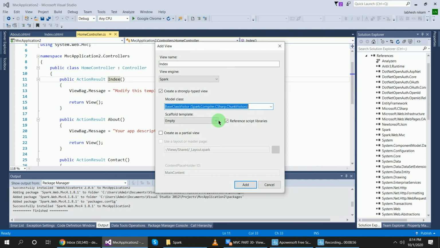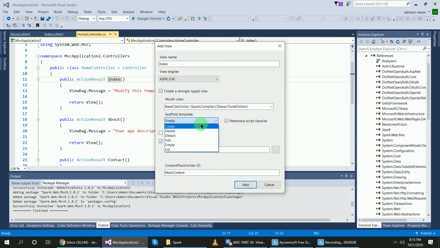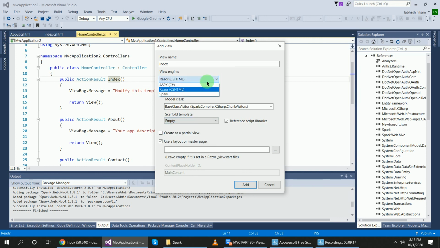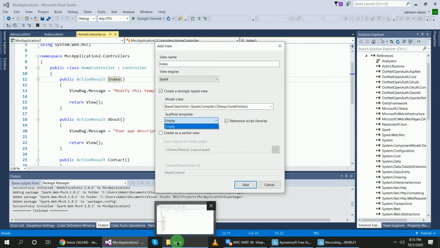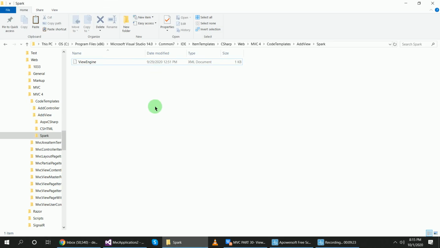Now if I click on this, I cannot see the scaffold templates for create, view, update, delete. But inside of ASPX I can see all the templates, create, delete, update. This Razor view also has all the templates. Why does Spark not have them? Because we have not added